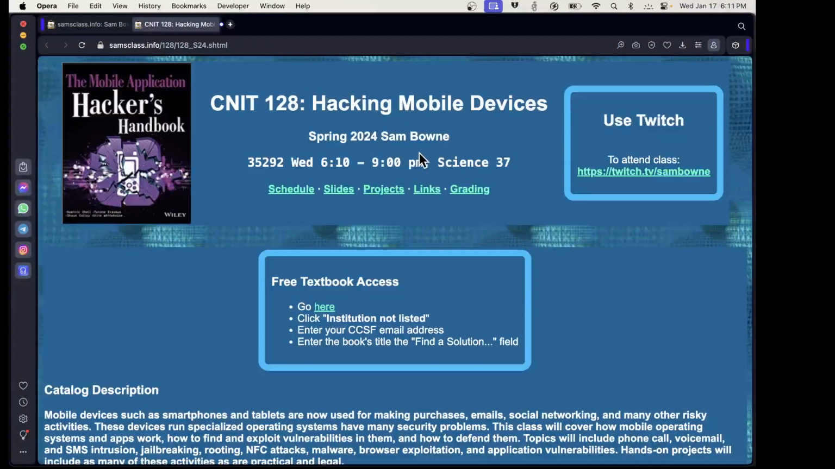All right, so this is 128, hacking mobile devices. And what we're mainly going to do is Android. We're going to talk about iPhones, but there is no way to get an iPhone emulator that's free and legal. So we can't really do hands-on projects on iPhones. At one time, I actually bought a bunch of old iPhones, but they were too old. But we're going to do Android hands-on, and we're going to talk about iPhones, which work very much